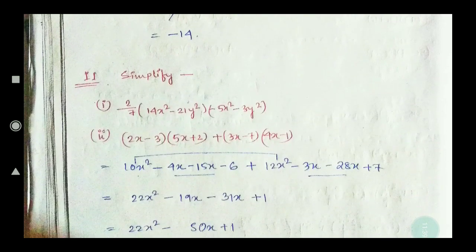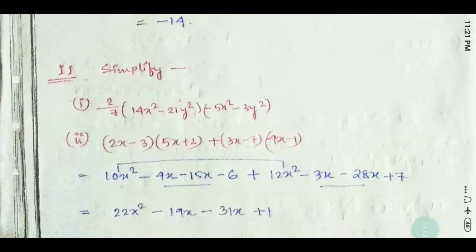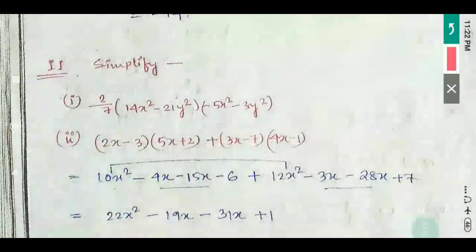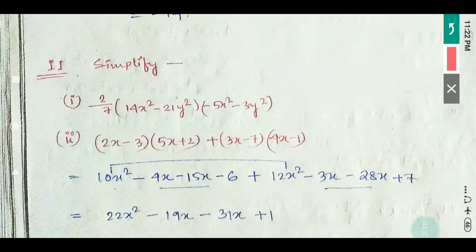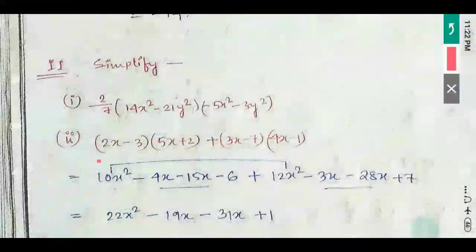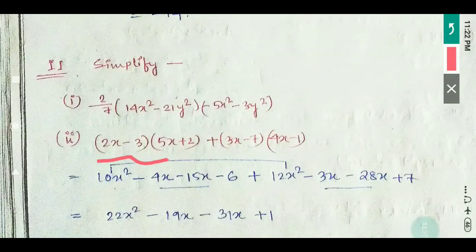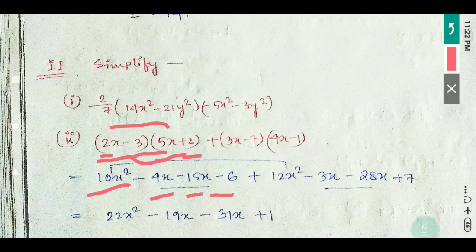Okay, see question number 11. In this question number 11, first you have to do the multiplication, then addition, because of the BODMAS rule. This also you can do. This one I will do: (2x − 3)(5x + 2). Directly I will do 2x into 5x, 10x². 2x into 2, 4x. 3 into 5, minus 15. Then 3 into 6 and 4, 12x². 3 and minus 1, minus 3x. 7 4s are 28, 7 1s are 7.